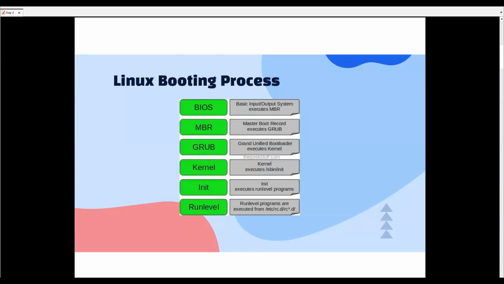So you just check whether you are able to access this one. The link is cloud.google.com.